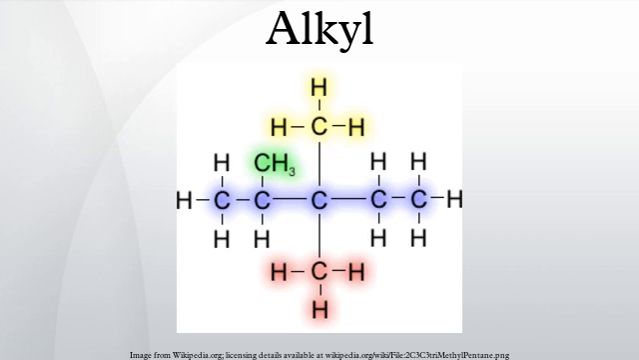In structural formulas, the symbol R is used to designate a generic alkyl group. The smallest alkyl group is methyl, with the formula CH3. Alkyls in everyday life: the word root alkyl is encountered